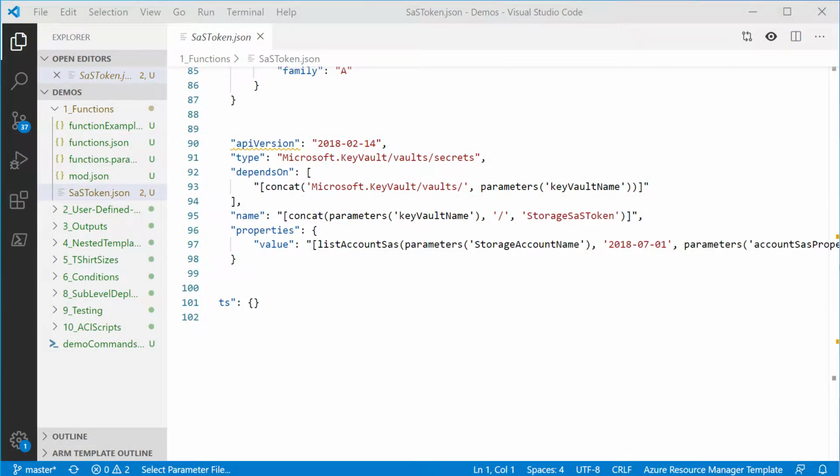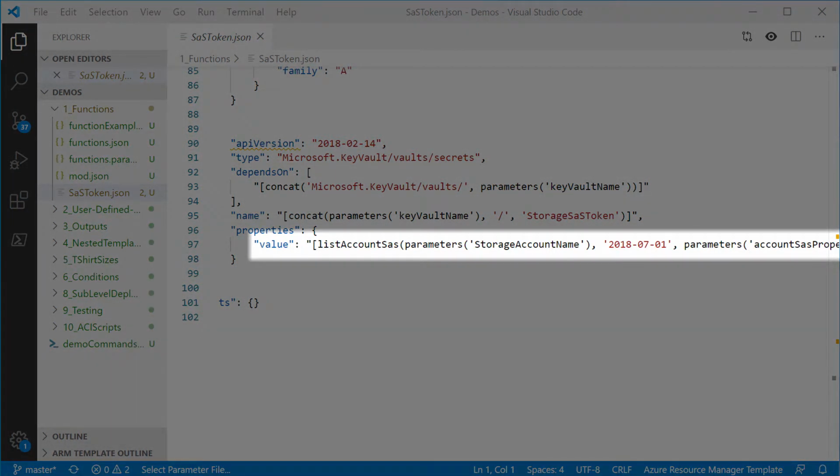So for our last example, I mentioned previously there was the list keys function which allowed you to get storage account keys. Well, generally it's not a great idea to use a storage account key for hooking up to things like web applications or passing out to people. Instead, you want to look at using a SAS token. But the problem with this is that you used to have to generate this manually or outside of your template. Well, there's a new function called List Account SAS, which will allow you to generate your SAS token as